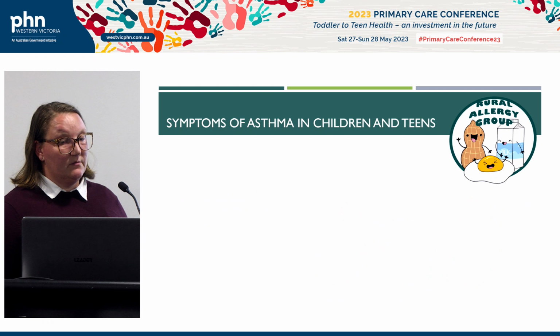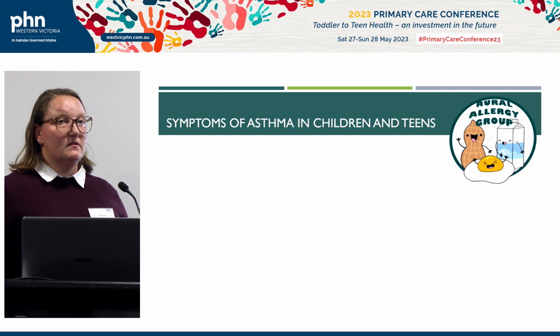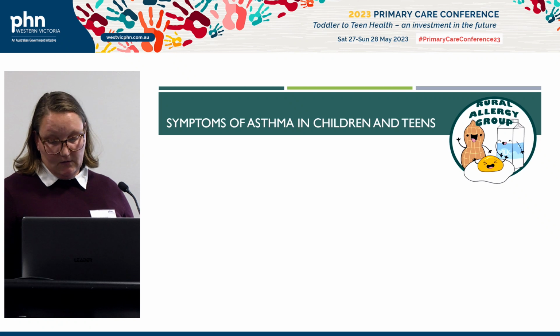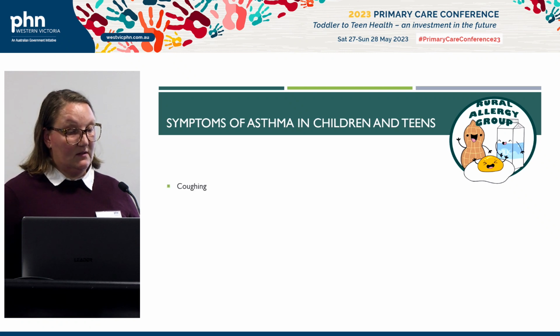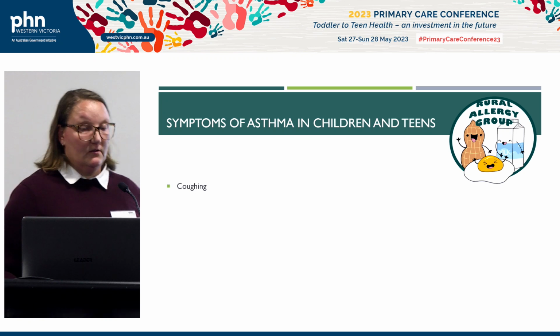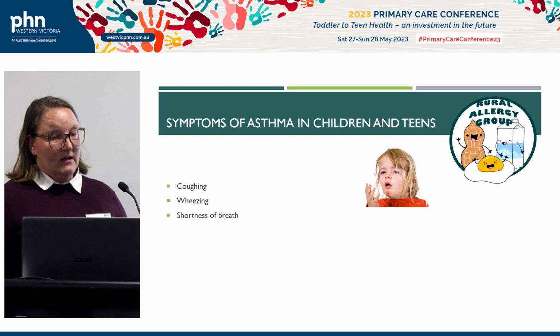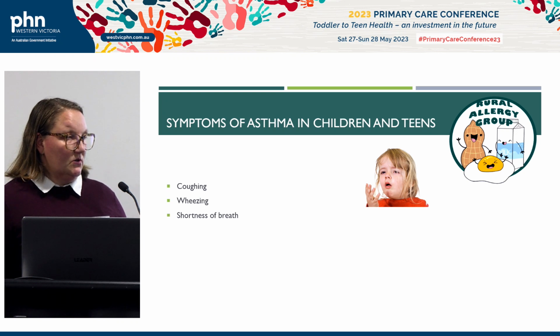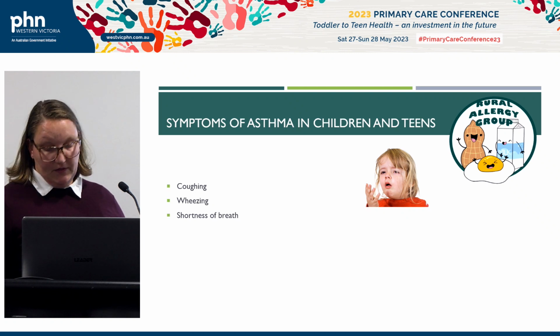So, symptoms of asthma in children and teens. It can be one of these symptoms, or they can present with all of them. It's important to do a thorough history when there might be suspicion of it. Coughing is one. Wheezing is the main one that people tend to associate with asthma, but like I said before, it can just be a cough in the evening. That can be enough for me to think you've got asthma. Shortness of breath